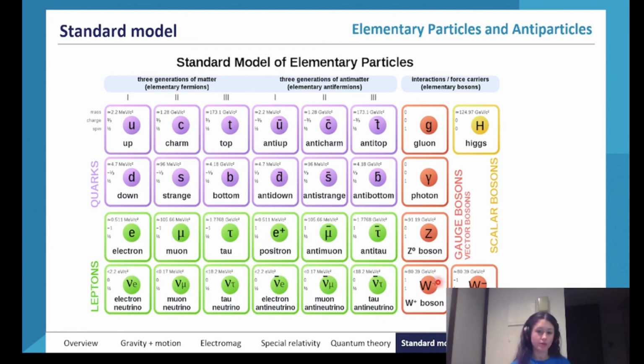And then we also have our four force carriers, or our gauge bosons, and these carry our forces. The one you might be most familiar with is the photon, which is the gauge boson for light. So basically saying light, is that right? I don't think so. I think I just told you the wrong information. Maybe it is. I'm actually not quite too sure. But basically these particles carry our four forces.